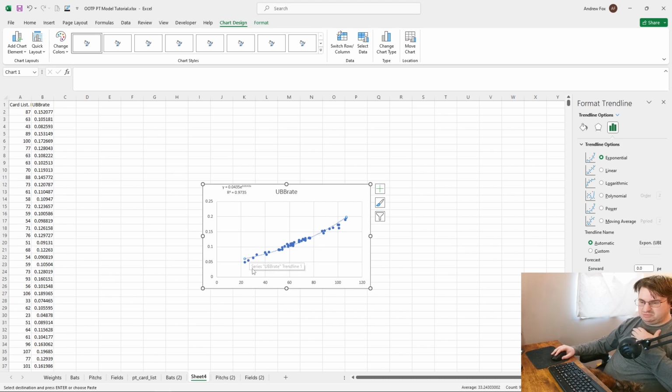It definitely underperforms at the bottom end, where it's less accurate down there. It's a little closer here at the top end. You've also got the logarithmic option, which is much worse because it's trying to pull the top end down quite a bit and pull the bottom end in, trying to kind of move everything toward the middle. You've got the polynomial here,